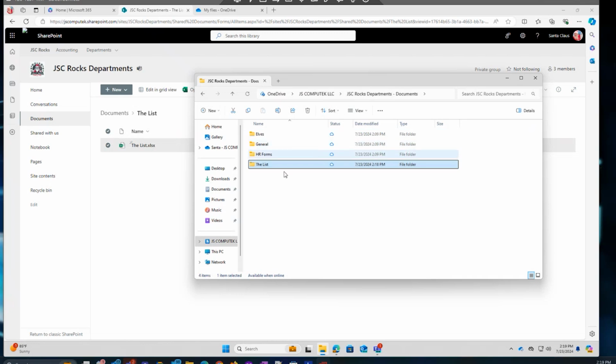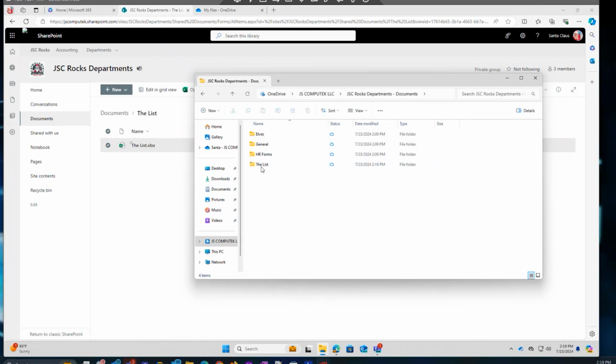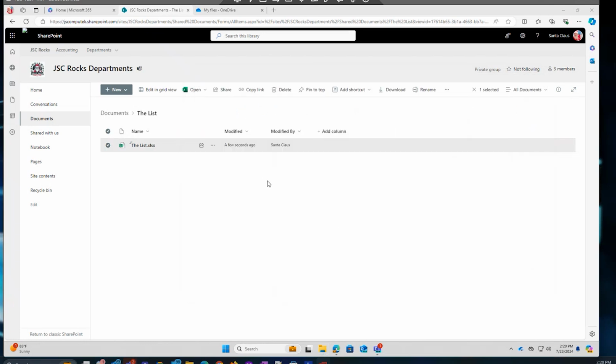You can do this at any level. You can do it at a folder level or an individual file level. That option exists. Either keep on this device or free up space will always exist at either the file or the folder level. So you have that option at all times. The picture's still not syncing. Don't know why. But that is how to set up OneDrive, how to navigate your SharePoint,